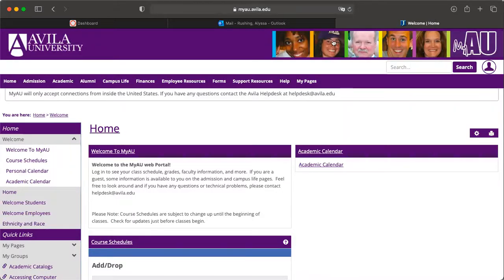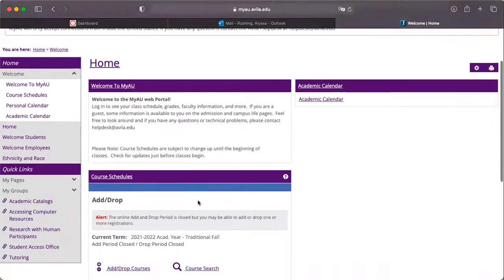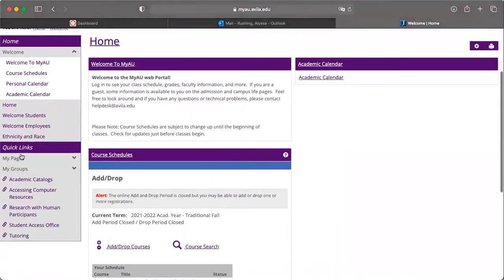Okay, so this video just shows you how to get to the catalog, and that way you can see what courses you might need for your degree that you're pursuing, and some information about it. So on myAU's homepage, you're going to scroll down just a bit, and on the left-hand side under quick